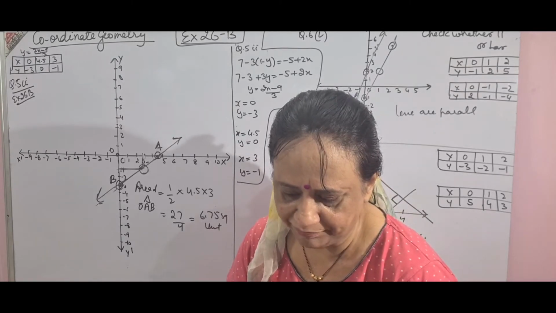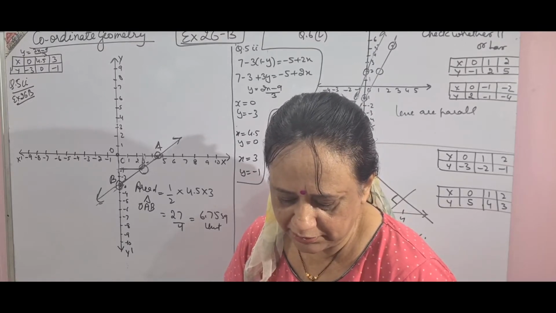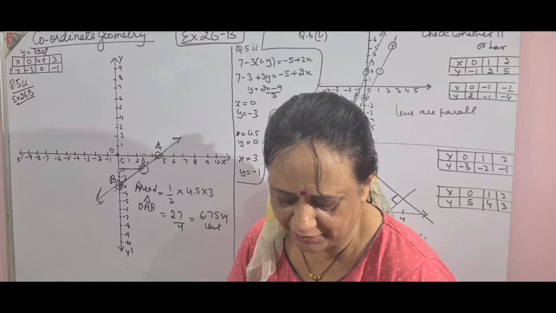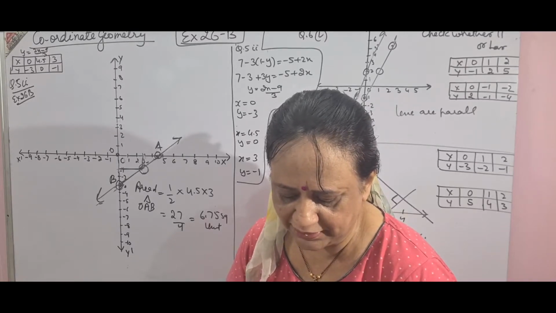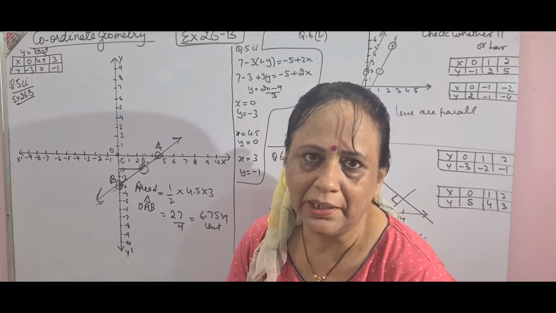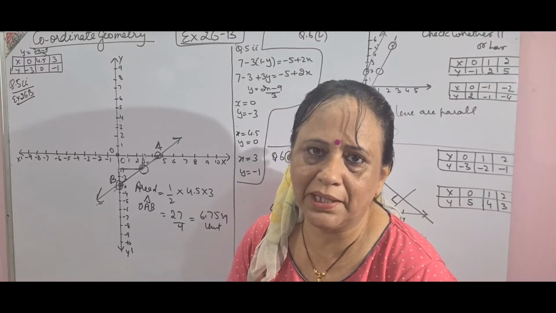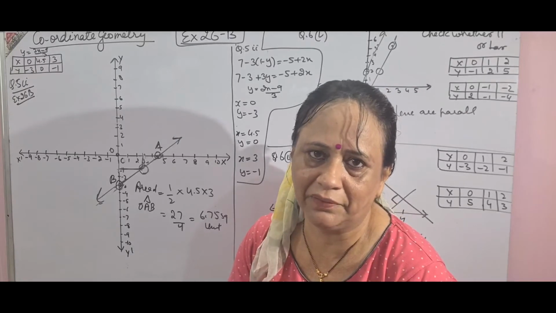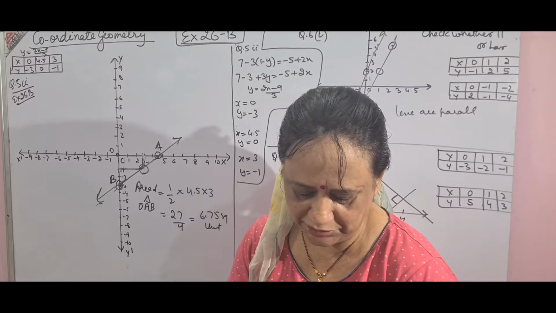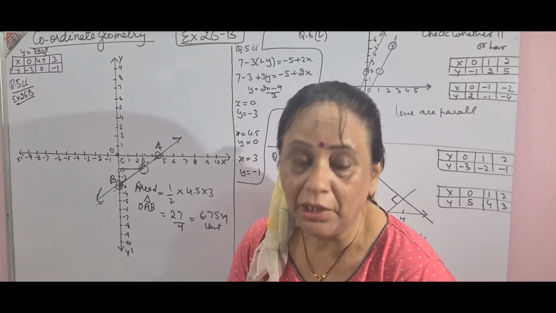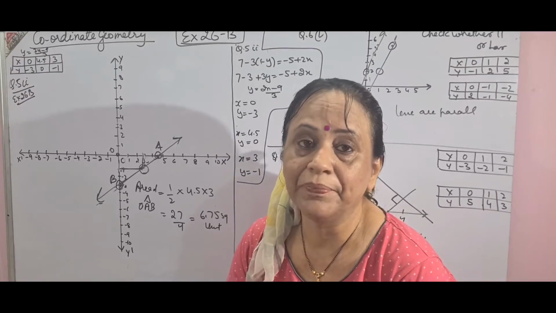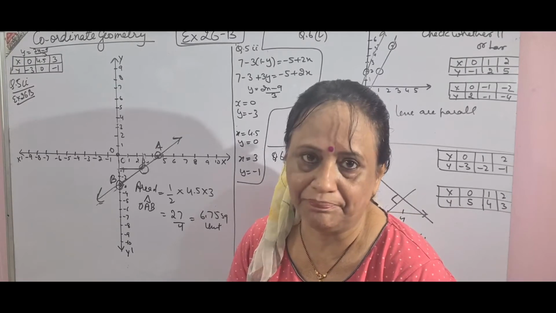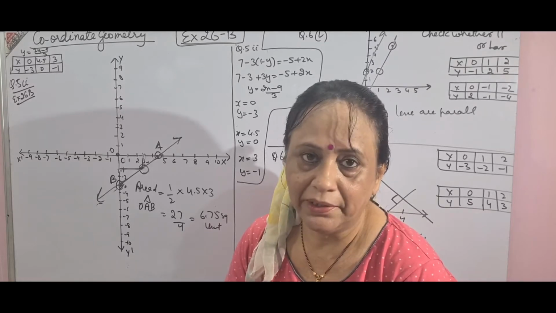Similarly, question number 5 also is same. For each linear equation given below, draw the graph and then use the graph to find the area of the triangle enclosed by the graph and coordinate axes. Again, you have to make a line, and that line will make a triangle between the coordinate axis x and y, and then you have to find the area of that particular triangle. This question also is same as question number 3 of exercise 27b. So be careful, 27a, b are exactly same as 26b.